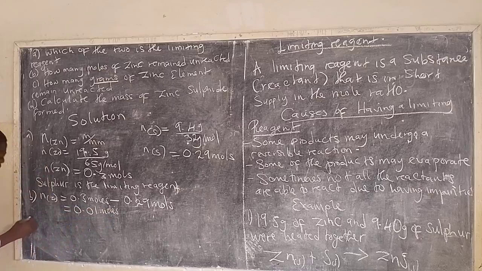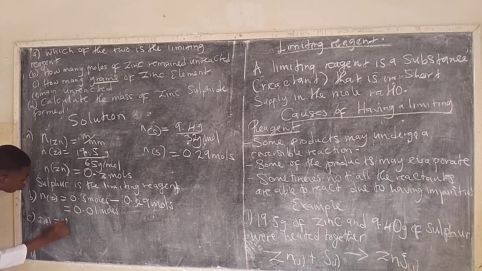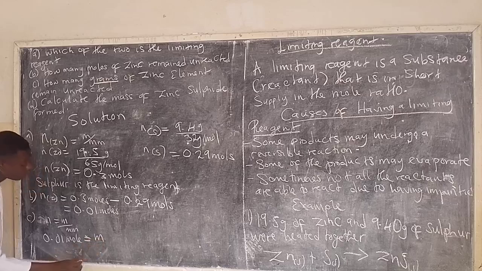If we make mass the subject of the formula, the number of moles is equal to mass over the molar mass. So we have 0.01 moles equal to the mass, which we don't know,